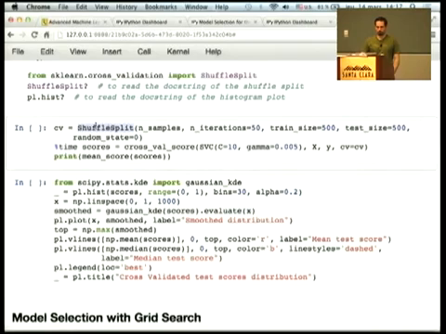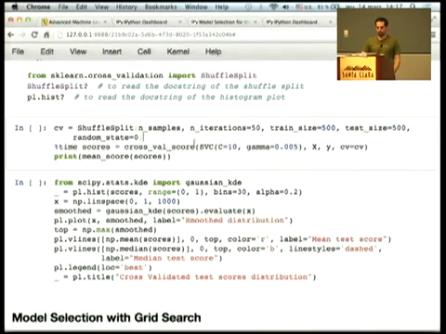I create a new instance of the shuffle split class. I pass it the size of the total data set as I did previously. But now I will randomly subsample only 500 train and 500 test samples,